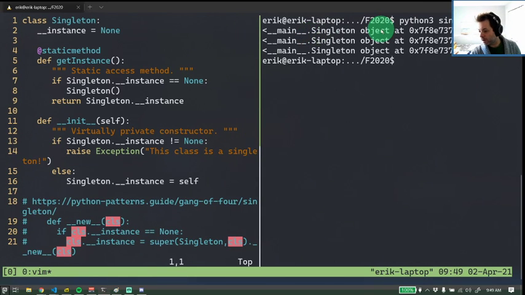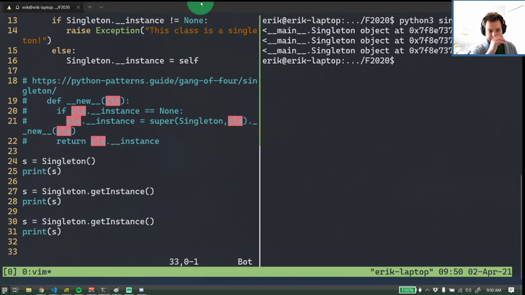So on the right here, I ran this code. I see singleton object and I see the memory address. We see that this memory address is identical every single time, meaning there is only one instance of this class in memory. Right, and I'm just kind of hand waving the Python code here because, again, it's something that we should be able to learn how to implement if you want to go through with learning this. But we're implementing the UML diagram here, right? Let's instantiate a singleton and print it out.